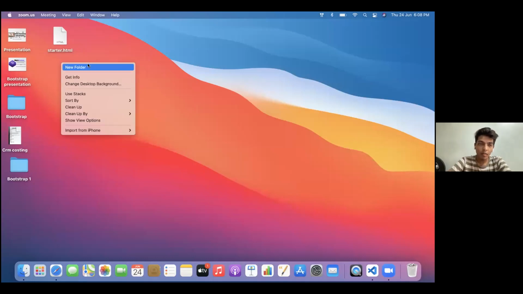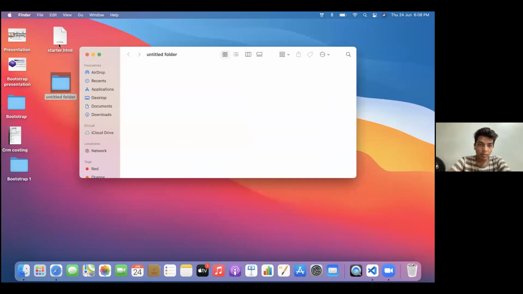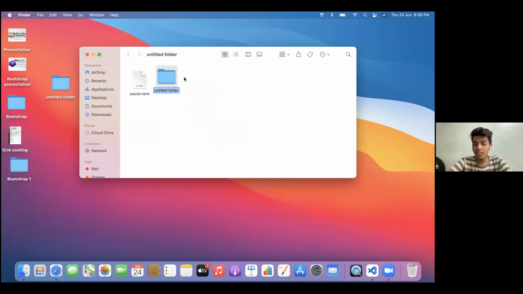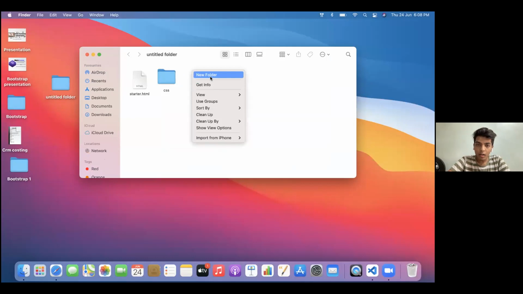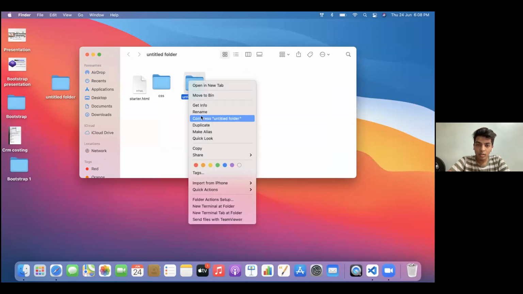Firstly, make a folder, place that starter template in that folder. You actually have to make two folders. One would be for CSS and the other would be for images. I'll name one folder CSS and the other one for images.